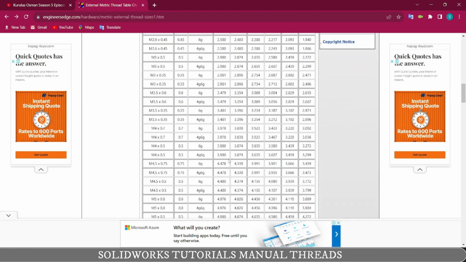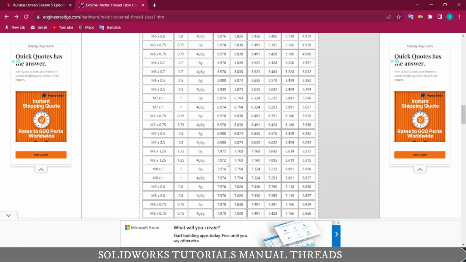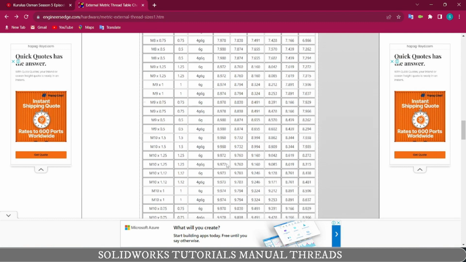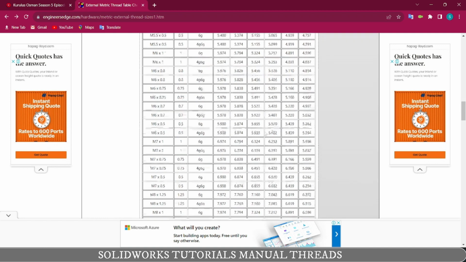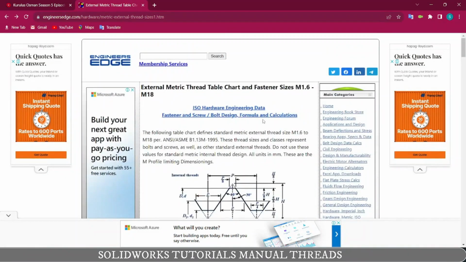0.75, there is M10 and 0.75. If it's available here now, so yeah, M10 by 0.75, and I have two options. One is a coarse and one is a fine pitch. So according to this I can select a nominal dia, major and minor dia and pitch dia, all are available here. So you can see which dia is minor, which is a major, and which is a pitch dia